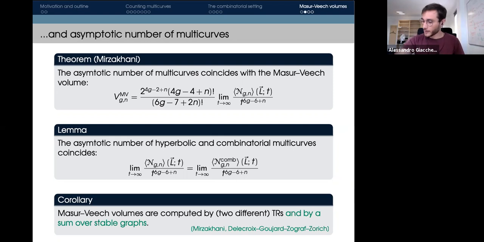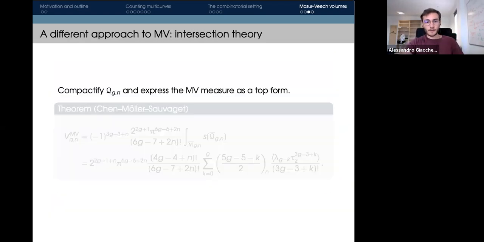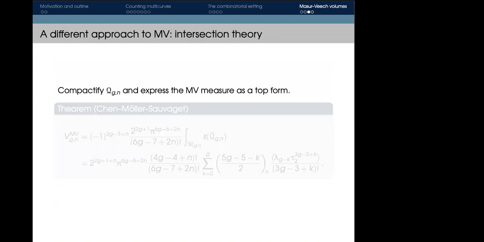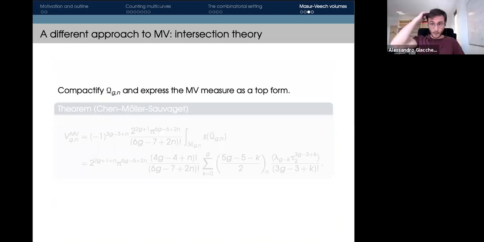Let me see how much time I have. Okay, I'm almost done. So to finish the talk, let me just mention a couple. One other approach you can take to compute these Masur-Veech volumes. So this was done by Chen, Müller, and Sauvaget, and the idea is that you can take directly the moduli space of